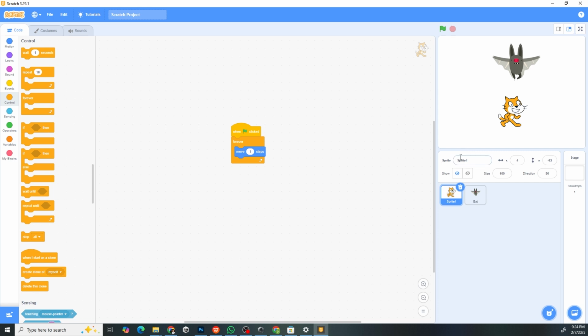Now, let's talk about the sprite settings below the stage. Each sprite has its own name and position. For example, the cat sprite is named cat, and the bat sprite is named bat. You can change a sprite's position by adjusting the X and Y values. If you set X and Y to 0, the sprite will move to the center of the stage. Try it, set the X and Y to 0, and you'll see the sprite snap to the middle of the